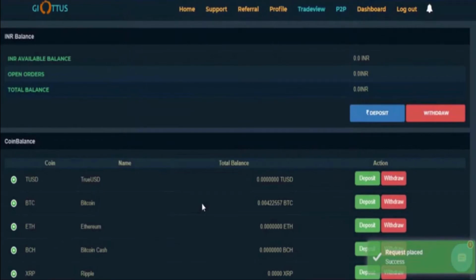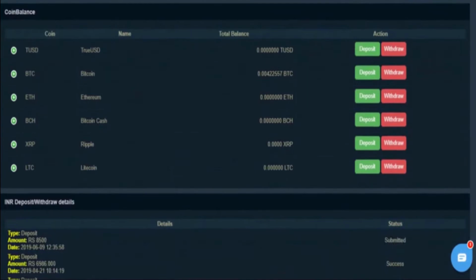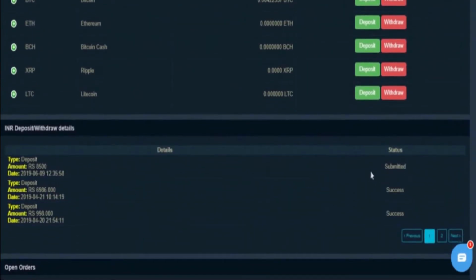So request placed successfully. You can see the message in the left bottom corner, and after this, once you slide the cursor below, you will see a message called submitted.